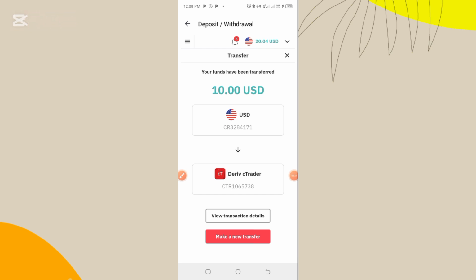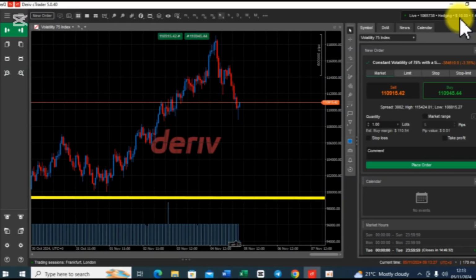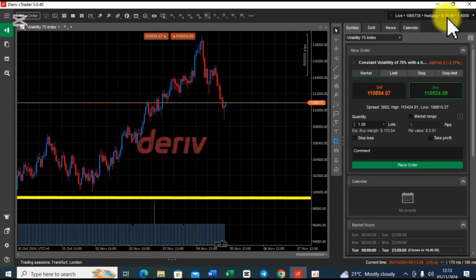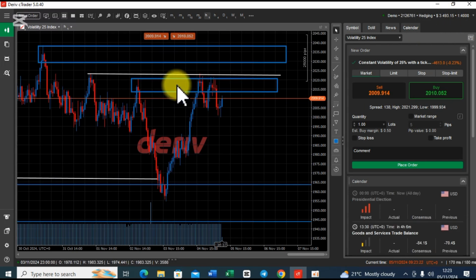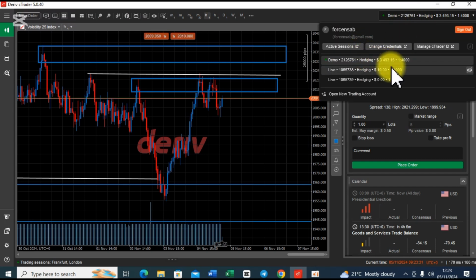So let me go to my desktop, and you are going to see the funds. Let me show you the $10 I have just transferred. It is here, it is reflected here, and the account is live account, and this is my ID. Okay, so the dollar funds are reflected here. So here it changed from 30 to 25, and what I can do, let me get back to my real account, which is the $10 account. It's here,